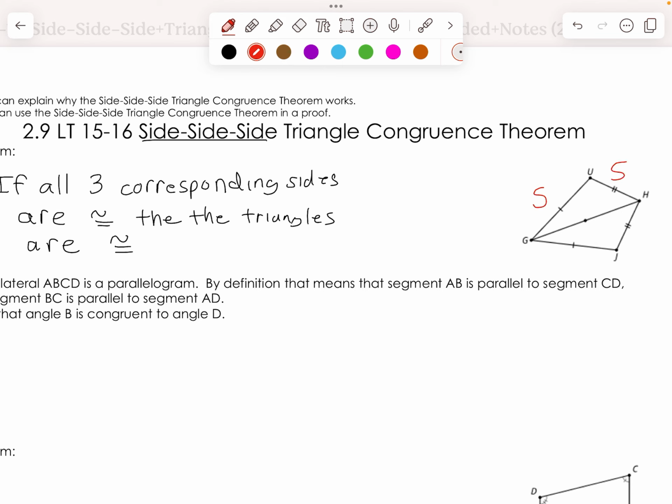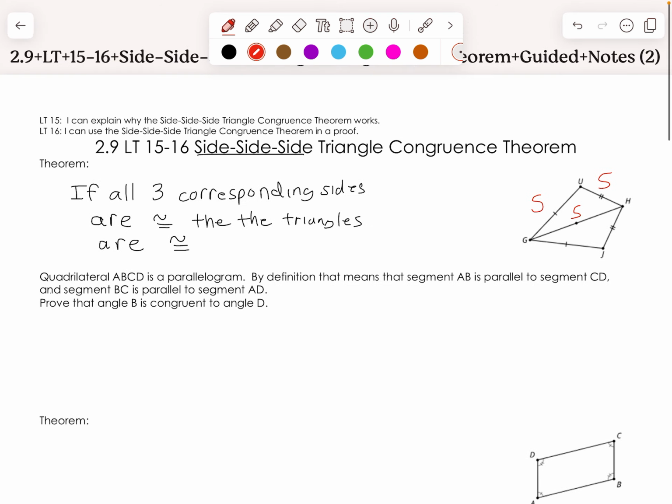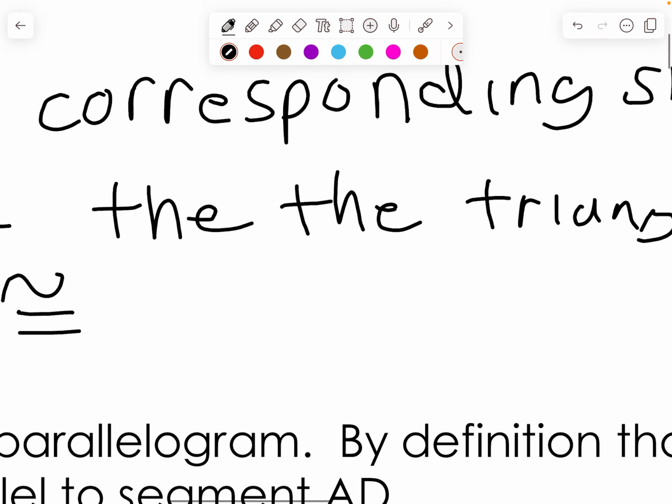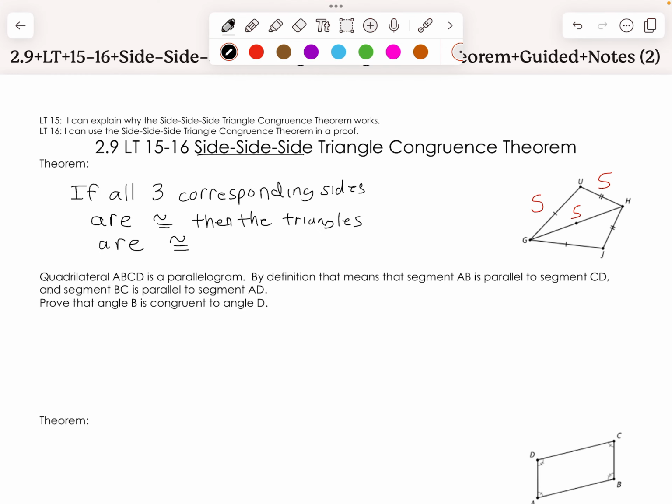Alright, and over here, I just have a picture of side-side-side. Each side has a tick mark. Each side is congruent. Okay, if all three corresponding sides are congruent, oops, I forgot, then the triangles are congruent. Okay,